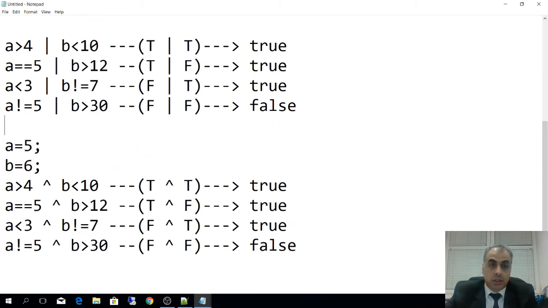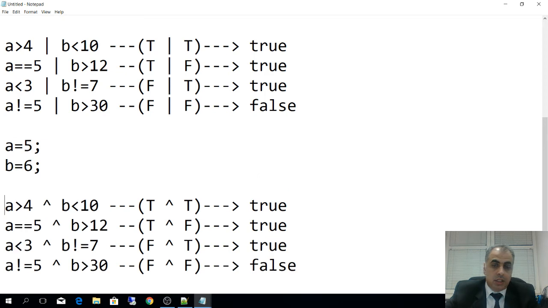Okay, it is here. Now, is A greater than 4? Yes, true. B is less than 10? Yes, true. True XOR true, result is false. So this is true, this is false, and result is true. This is false, this is true, and result is true. Both of them are false, and result is false. Okay, this is the result for the